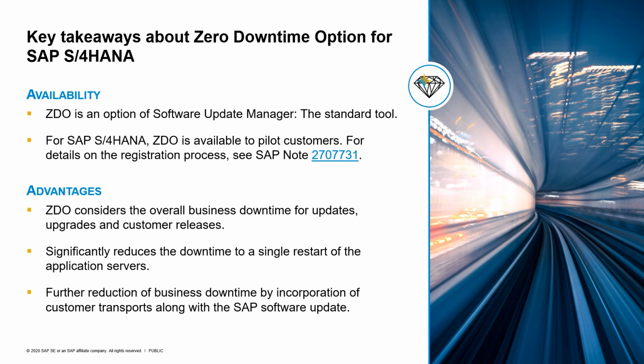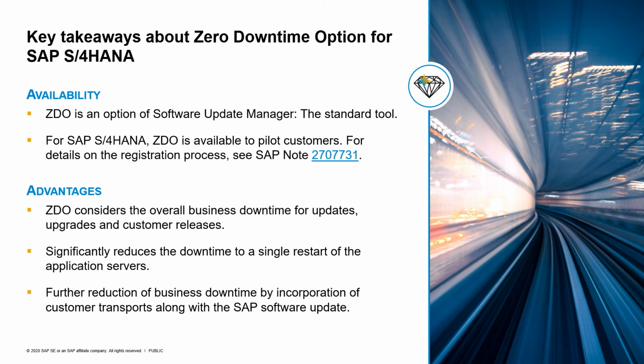What are the advantages, right? So I've talked about the advantages in terms of not only updating and upgrading the SAP part. If you have large customer releases, you may also incorporate those releases along with the update. Also, what we have seen is if a customer has maybe hundreds or thousands of transports 2 times a year, for instance, you can also make use of customer transports only along with the procedure zero downtime option. So there's various ways to combine the tooling with various approaches.